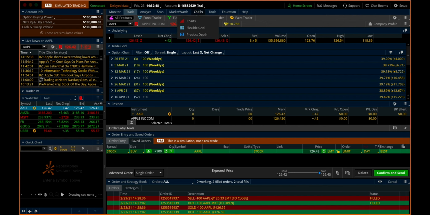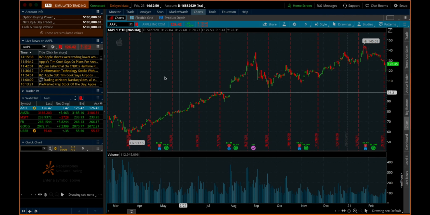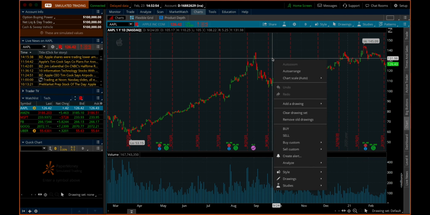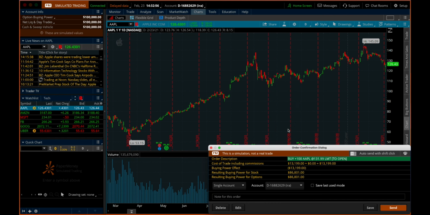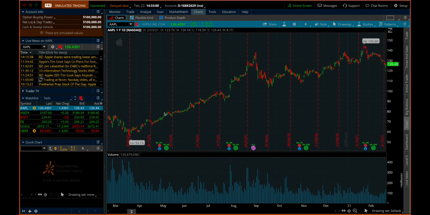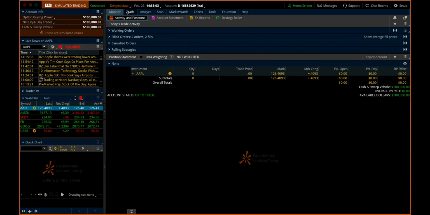You can do this from a couple of different tabs too. You can do this from the charting tab. Just on any chart of a stock, you can just right click, scroll down to buy, and the same order form will pop up, okay? We're going to close that for now. And we're going to come over here,